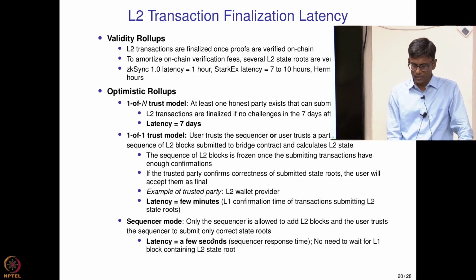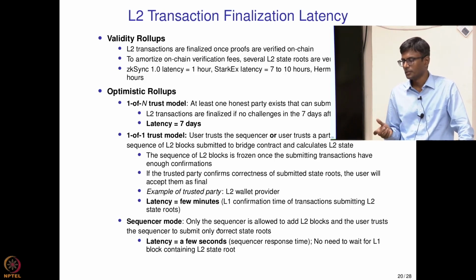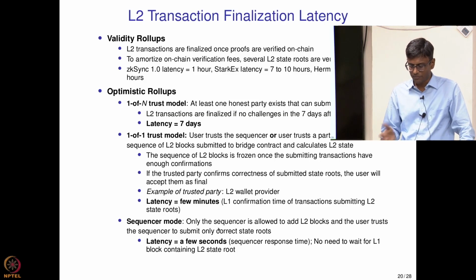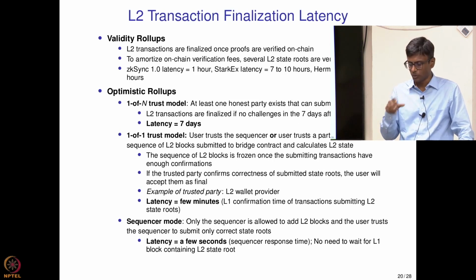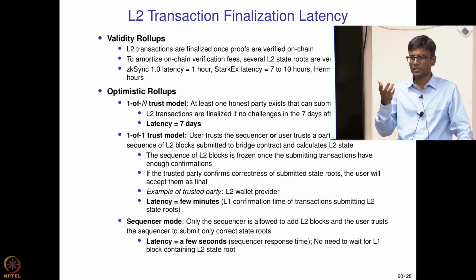Sometimes users may, suppose I feel that Optimism is a reliable company, then I may be fine as long as, once I submit my layer 2 transaction, the Optimism RPC gateway says I have received your transaction. Then you can go ahead with whatever real world actions. A real world action can be that maybe I am selling something for layer 2 ether. As soon as I see that layer 2 ether has been transferred by the buyer, then I will part with